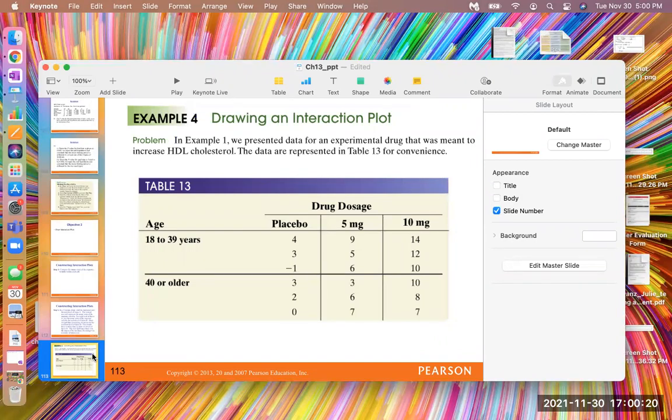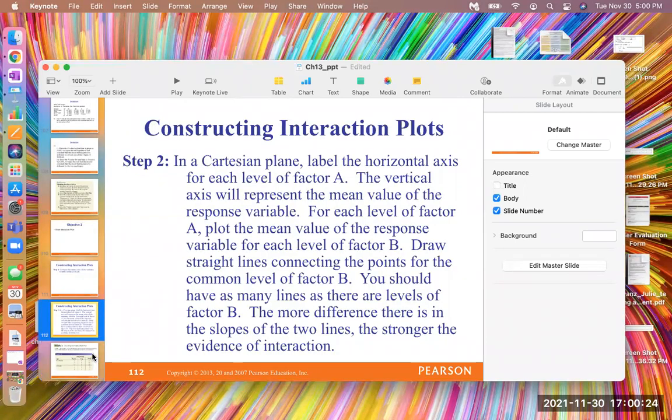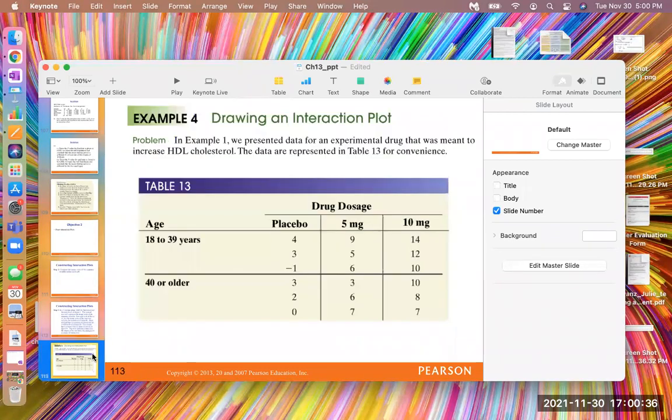Then that would be a significant difference. But in general, if our lines are generally all positive, then there's not a lot of interaction going on. So here's an example. This is an experimental drug that's increasing HDL. It was meant to increase HDL cholesterol, and they have 3 different levels of the drug, and